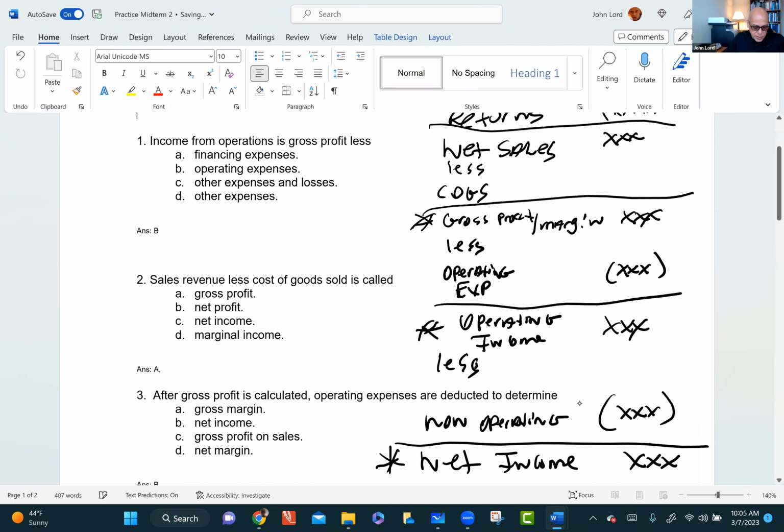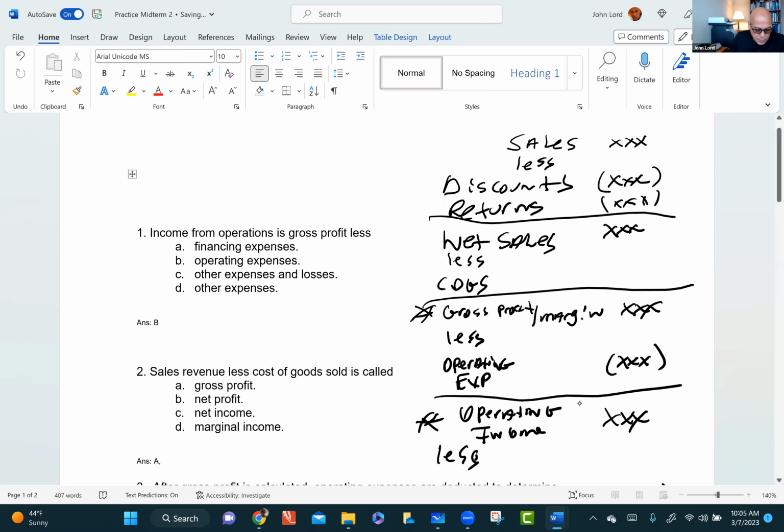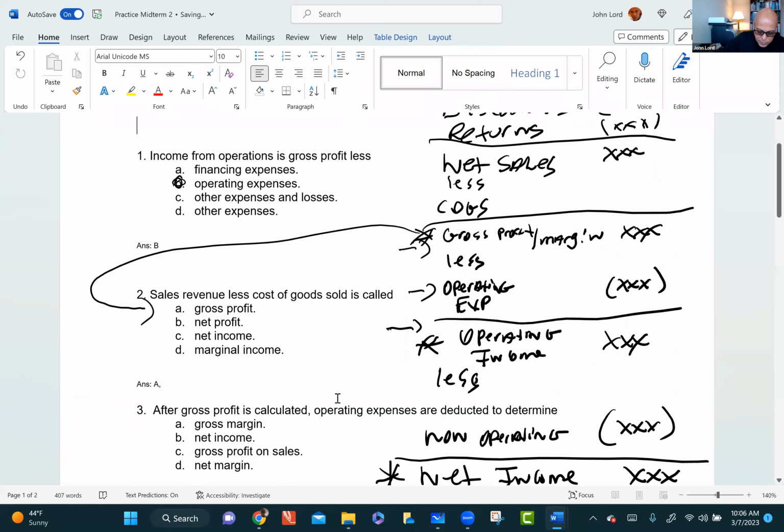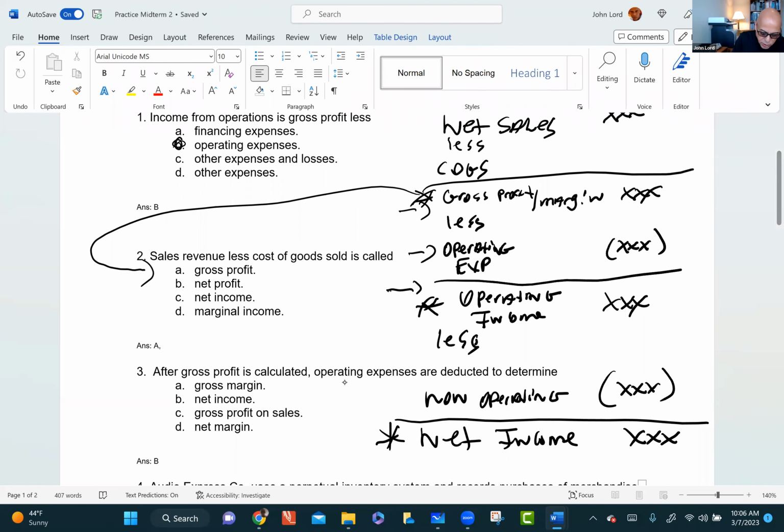Okay, good. So with that as a quick review, then what? Income from operations is what? Well, if this is my operating income, then what did I do? I took my gross margin and I subtracted my operating expenses, didn't I? Stop me if there's a question. Sales revenue less cost of goods sold is called gross profit, gross margin. After gross profit is calculated, operating expenses are deducted to determine